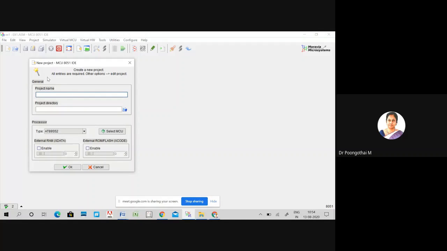Here you have to specify your project name, project directory, and select your processor, the platform in which we are going to perform the operation, that is assembly level programming, and you have to select your external RAM and Xcode. So first give your project name.